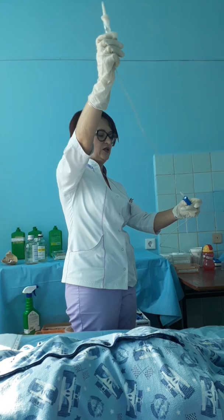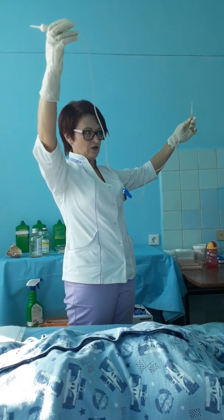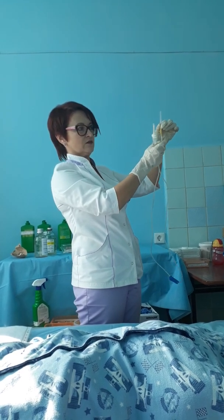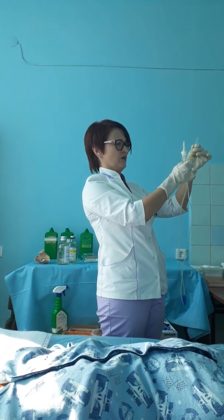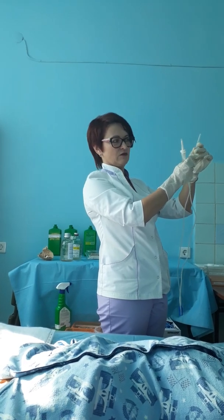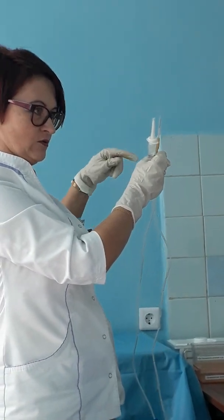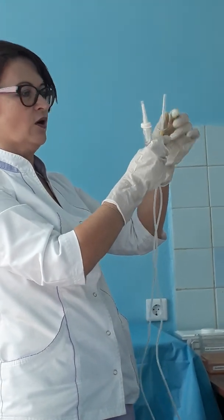Regulator, yes, and really when you take this system the first time, this part will always be open. What is this part named? Plastic, rubber part, maybe not only rubber, maybe plastic with special cap, with connector. Special part for additional solution. If your patient needs additional solution, we can add medicine during your process. AV, yes, you will use rubber or a special part for this, and this part